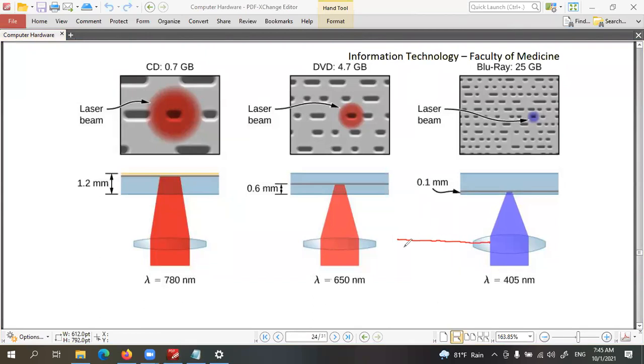In the Blu-ray, if you consider a laser like this, it can read these small pits and bumps. So using a normal CD drive, you can't read a Blu-ray disc. You need a special Blu-ray reader.